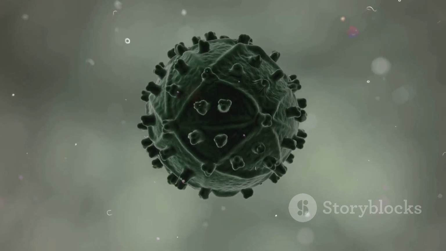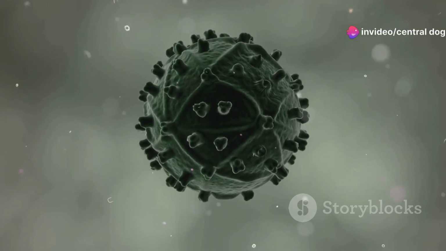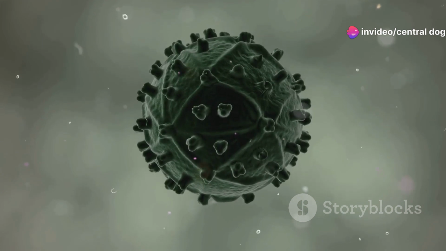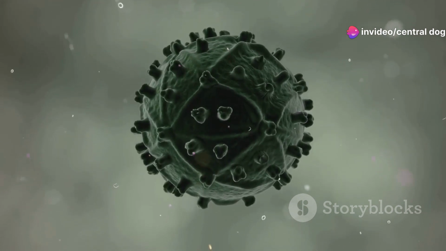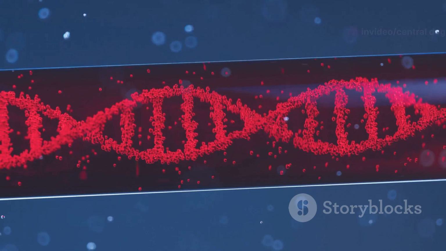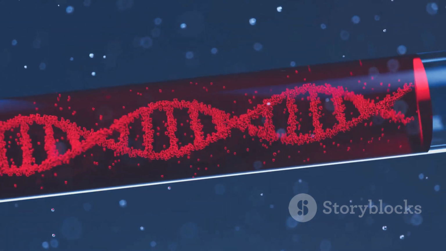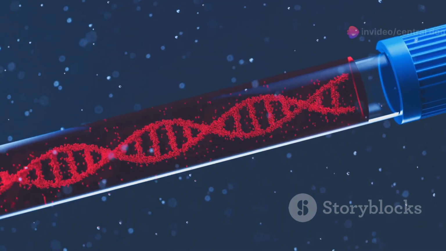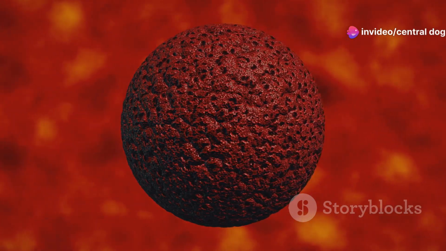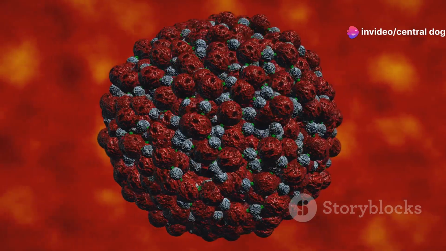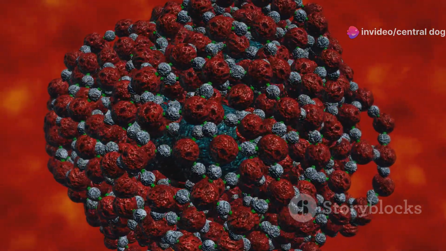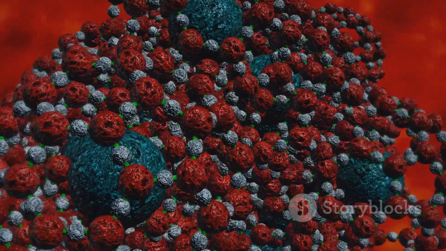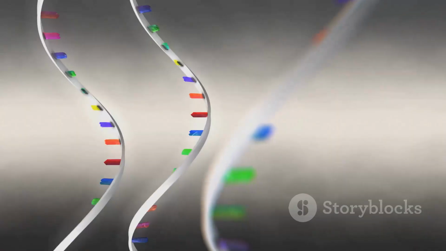Take, for instance, the case of certain viruses. These crafty invaders employ a process called reverse transcription to literally flip the script on the central dogma. Instead of the usual DNA to RNA flow, reverse transcription involves the synthesis of DNA from an RNA template. This crafty maneuver allows these viruses, like the infamous HIV, to integrate their genetic material into the host's DNA, effectively hijacking the host's cellular machinery for their own replication.